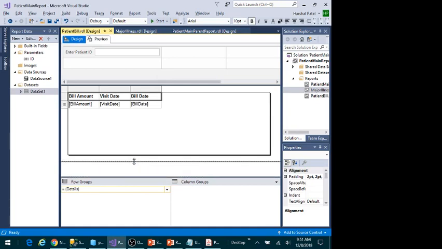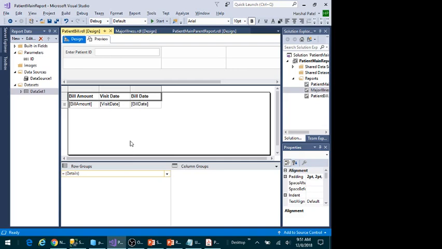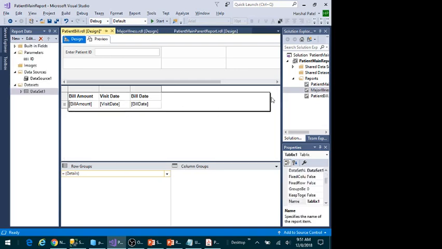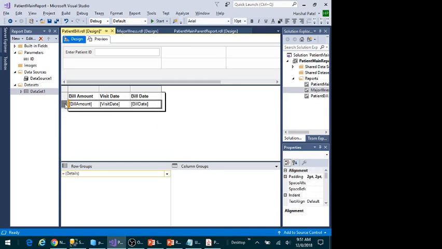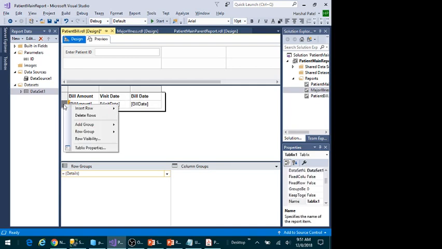called grouping. I can specify the grouping logic in my report itself instead of specifying grouping and aggregates in my query. So I can do row group or column group. Row group says what rows you want to total on. Column says what columns you want to total. Here I'm going to use row group. So I'll select the row, right click on it and say add group,